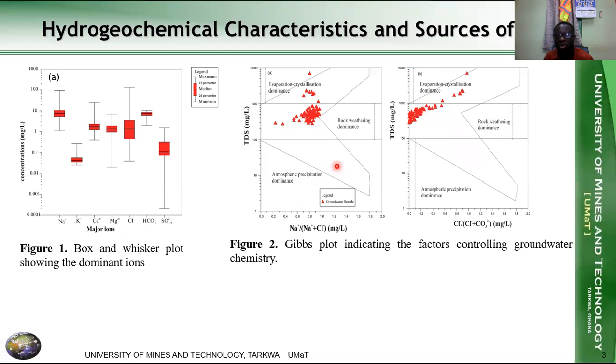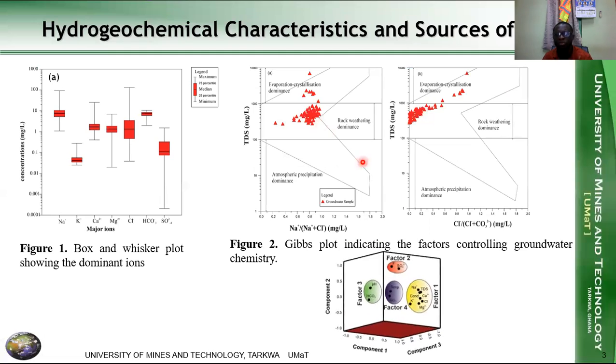Now, in order to know the dominant factors that are controlling the chemistry of the water, Gibbs diagrams were plotted. And in both diagrams, we can see that the dominant process is rock weathering, because most of the samples are plotted within the rock weathering terrain, meaning water-rock interaction is accounting for the change in the chemistry